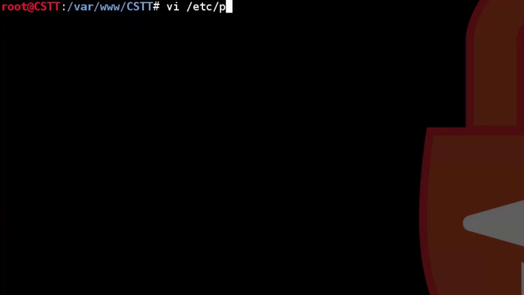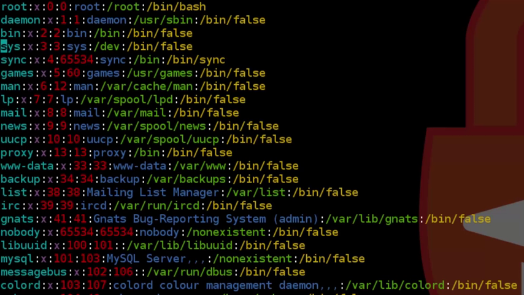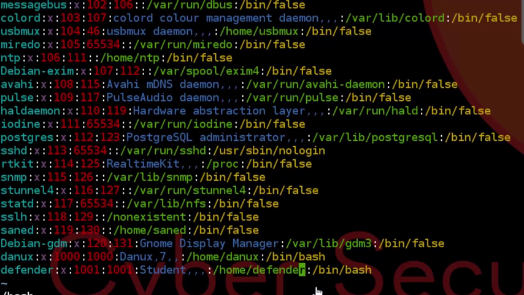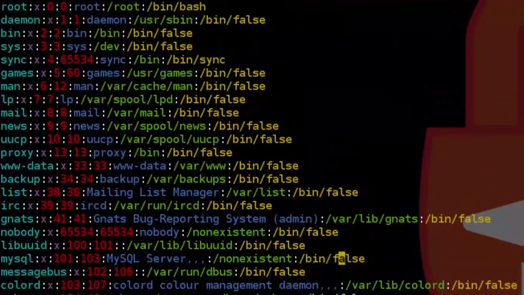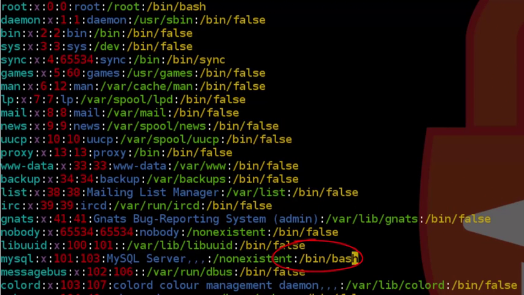Finally, in /etc/passwd, you might want to do a search for bash. Bash means that those specific users have shell access. You can see here we have Defender and Danux, they have bash, but sometimes, especially in Kali, I saw that it has many other users with bash. I don't recall exactly, but let's say the mysql user right here, if it has this bash, that means mysql can get access to your box with a shell. That's not recommended. So make sure to have all of them set to false, just root and your users with /bin/bash. Everyone else being false.